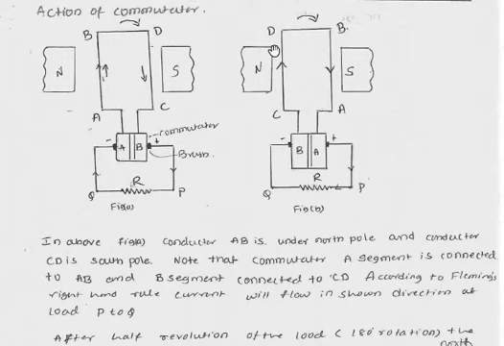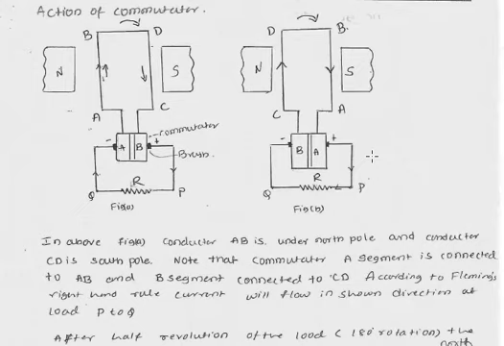We have the rotation, that is mechanical energy, converted into electrical energy. But what kind of electrical energy do we have? We have a direct current. Always we will have one brush as positive and another brush as negative. So this is how we understand how the commutator action happens and DC is generated.